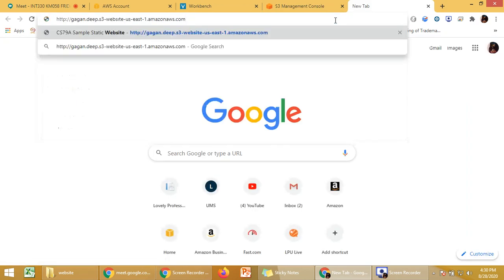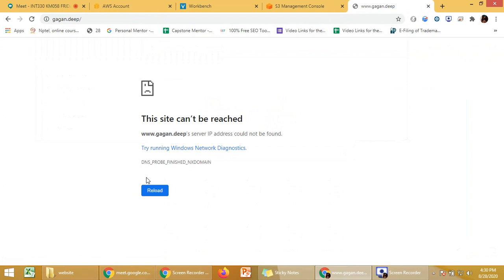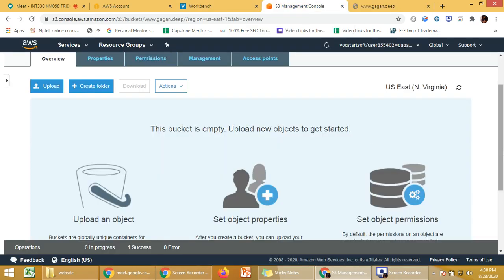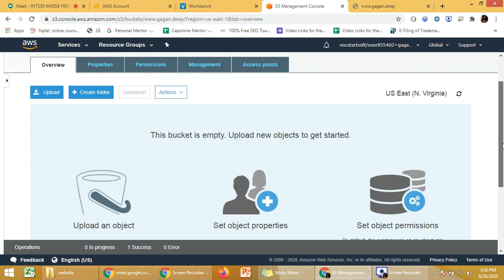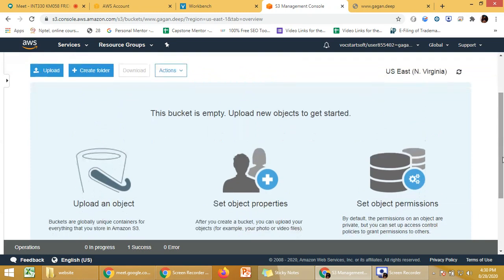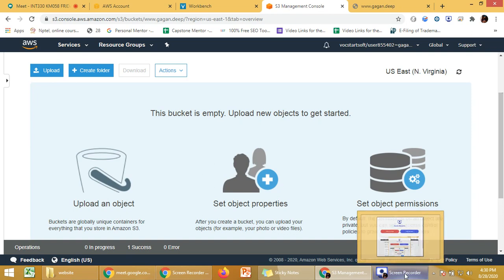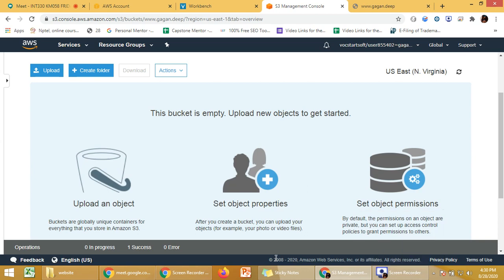If this is not having public access and I am still trying to use the same address and I have put the redirection link, it will not give me any kind of access because it is redirecting that request to this S3 bucket, and this S3 bucket is not having public access. So that is why I am not able to access it. If you want to allow such kind of access, make sure that all the permissions which you have set for your root S3 bucket are the same on your redirection bucket as well. So with this, our topic of hosting a static website on EC2 is complete.